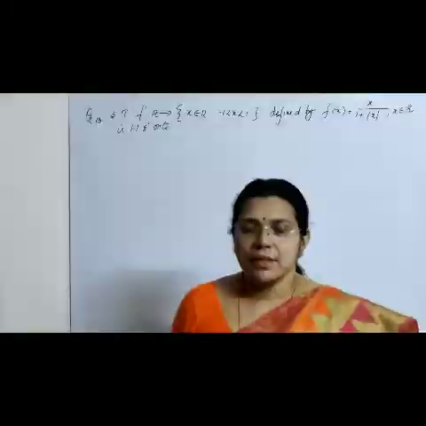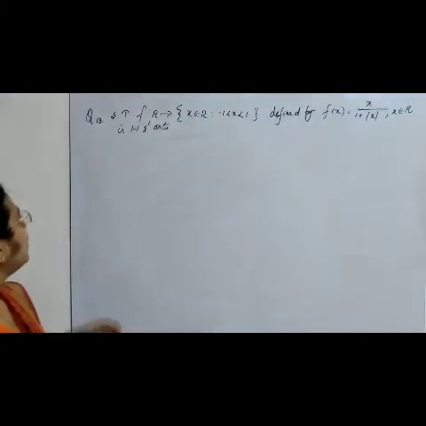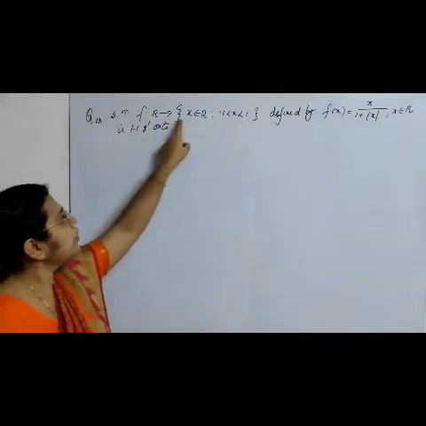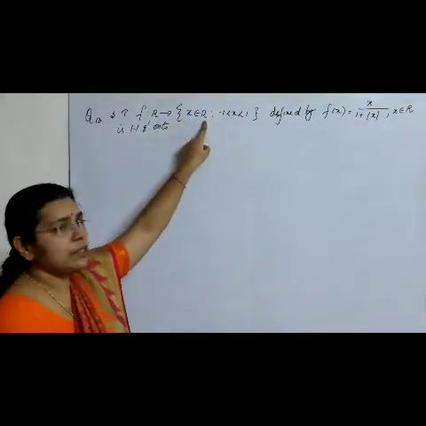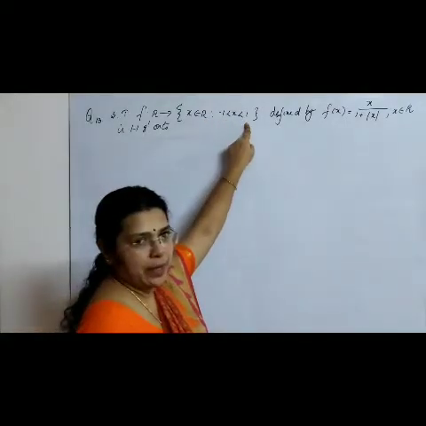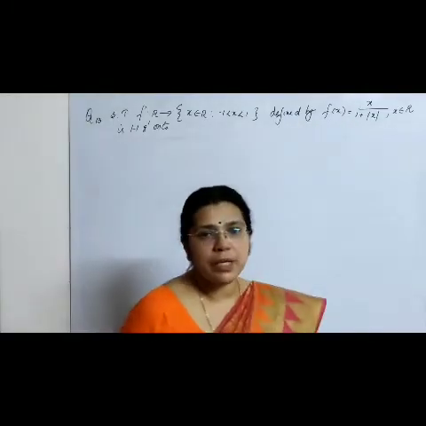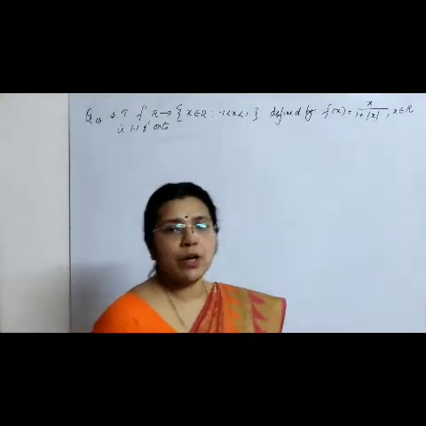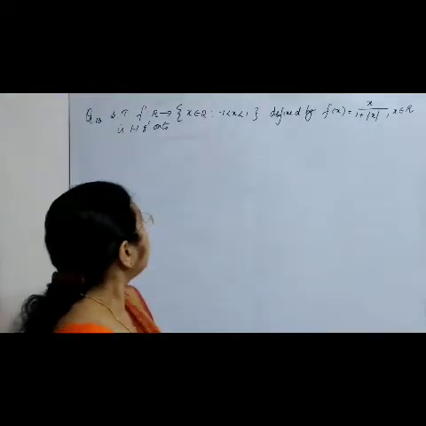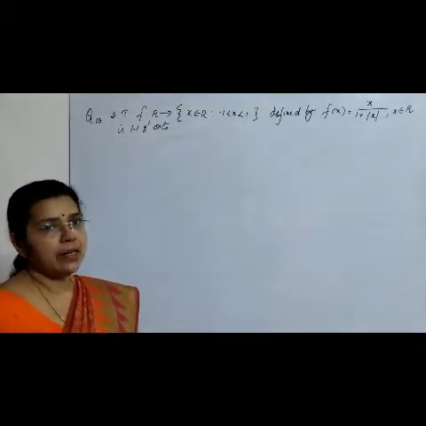Okay, so now we come to the next problem. Show that f, the function from R to the set of all x belonging to R such that minus 1 less than x less than 1, defined by f of x is equal to x by 1 plus mod x, where x belongs to R, is 1 1 and onto. This is what we need to prove, that this function given is 1 1 and onto.